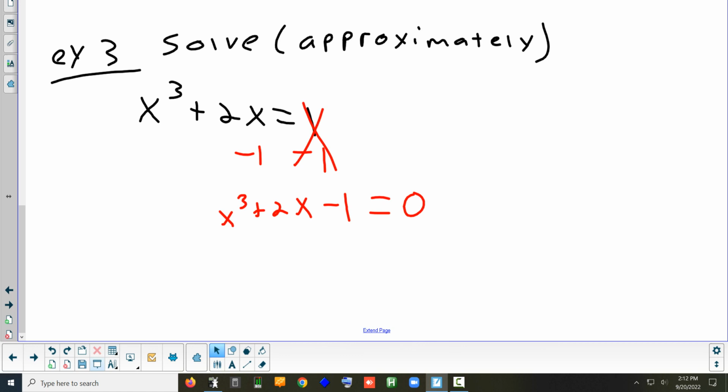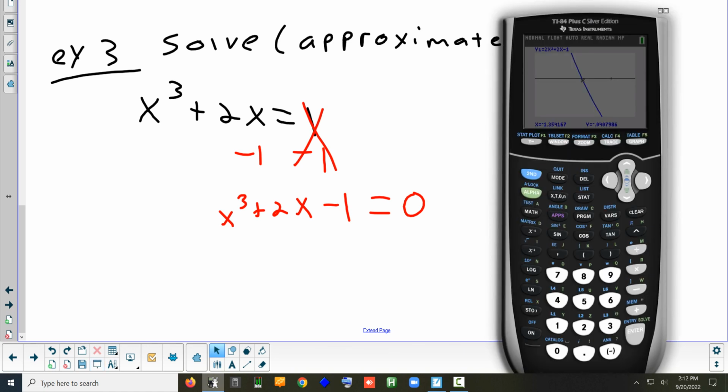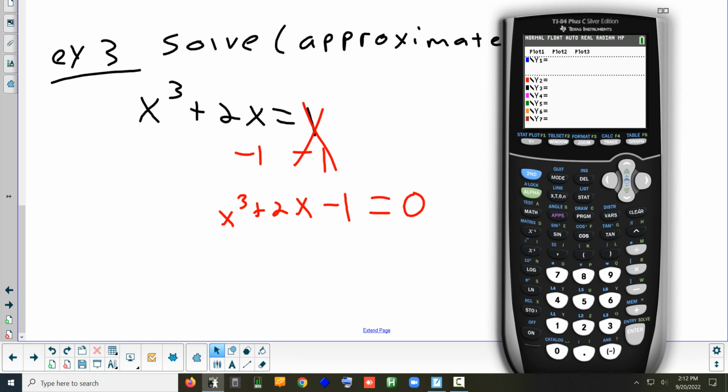How many times can a cubic, this is the first one we did, how many times can a cubic cross the x-axis at most? Dustin? 3. Could it cross twice? Yeah, that's an option. Can you get once? That's an option. Can you get 0? No, can't get 0. So let's draw this out. And with the cubic, remember, we're looking for where either we see that turn in the middle, or we at least see a bend. Okay, we have to see one of those two things. So we've got x cubed plus 2x